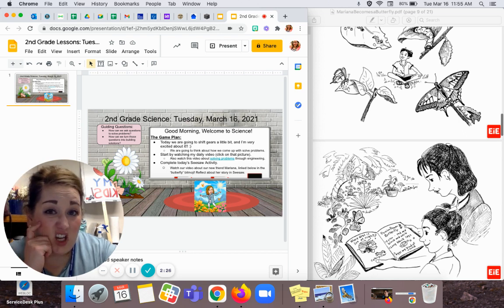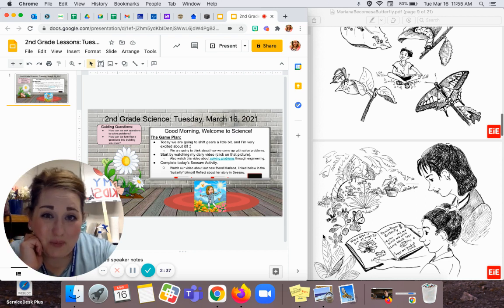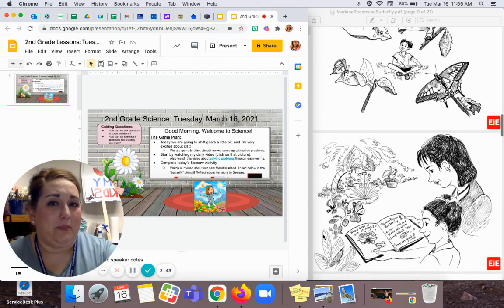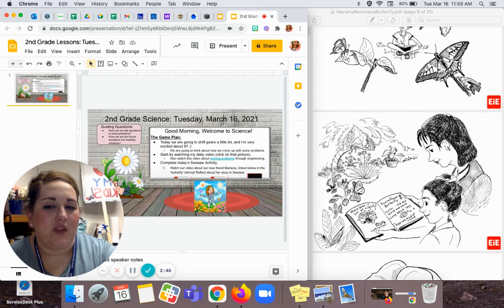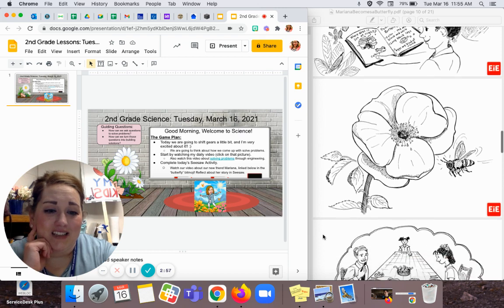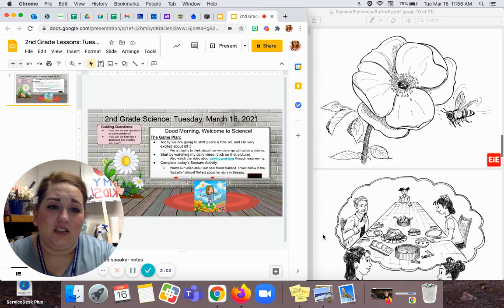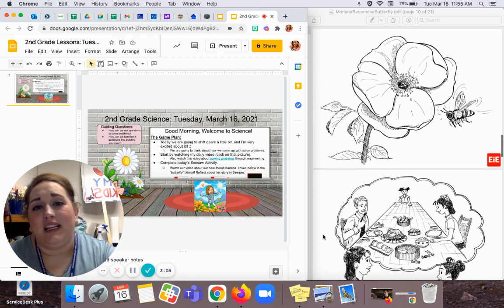Now, we've done a lot of learning about insects and plants lately, and we've learned that plants need insects. Do you remember why? Think about why plants need insects for a minute. Why is that? So plants need insects in order to pollinate, in order to get the pollen from where it is to where